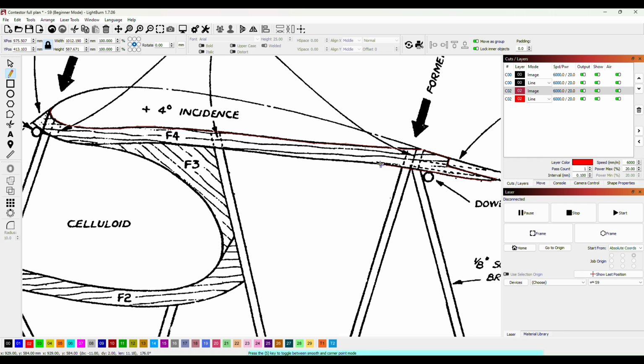It's a little bit unwieldy, this method, but when the plan is in such a tangle, it's very, very difficult for us to do anything other than this. Right, now where F4 meets F3, you can see there's a slight curve here in the middle. I'm not going to do that. I'm going to come straight over to this point and have a straight line there, because I want the join between F4 and F3 to be absolutely perfect. So I've just broken with the plan a little bit there,